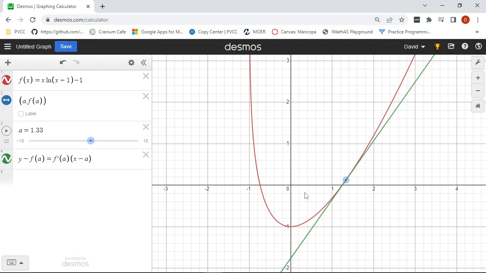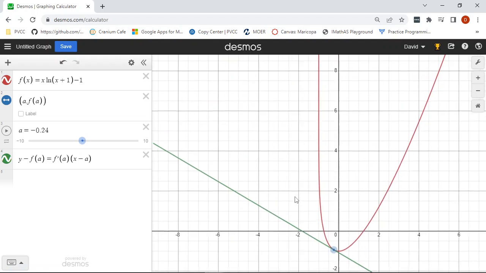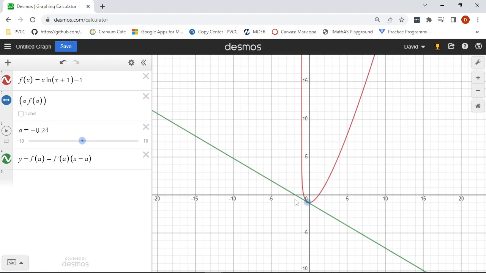The challenge is I want to find this x-intercept. And if I pick anything on the right-hand side of our minimum, you can see our x-intercept is always going to be going to the right. It's always going to steer us towards this 1.24. So I need an x-intercept to the left. So how are we going to do that? Well, anything to the left. But the problem, notice the slope here and how steep my red graph is. If I were to try and use this value of negative 1.832,